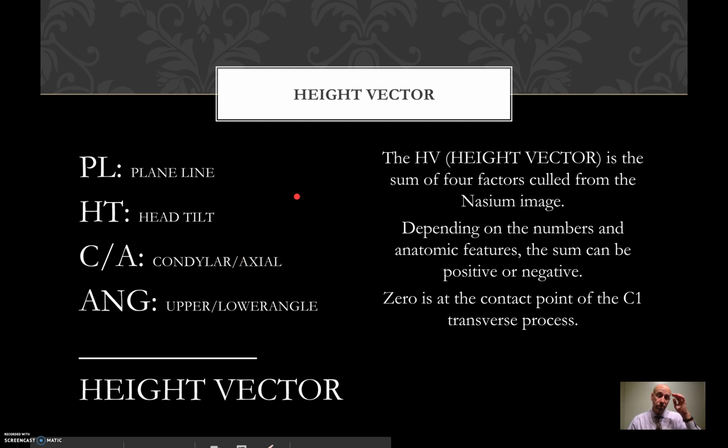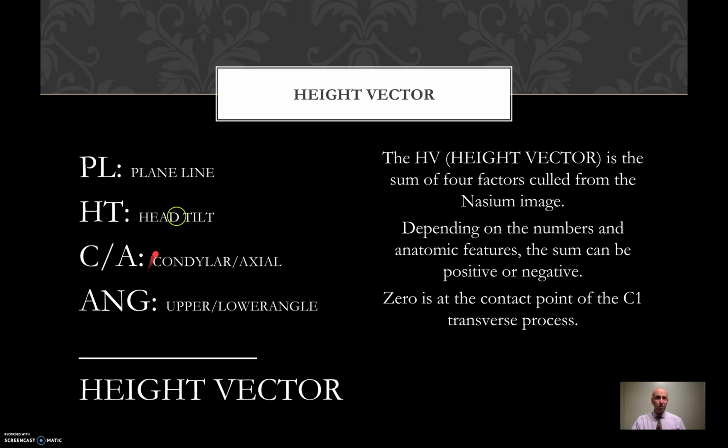In a basic type 2, it's a little bit different because typically, and now we're not going to talk about atypical cases, but typically the plane line can be around horizontal, so not too high, not too low. Head tilt in a typical type 2 will be a negative value. The C over A is always greater than or equal to 0, and angles will always be less than or equal to 0. So you can see for a basic type 2, the potential is there, given that the condylar axial ratio is not a very high value, that you can come up with a low height vector,